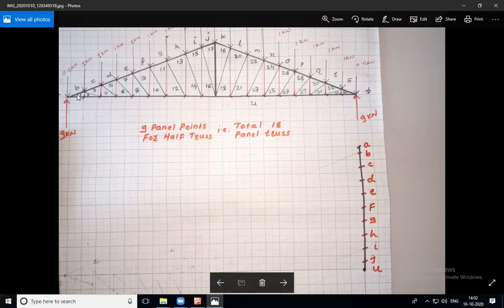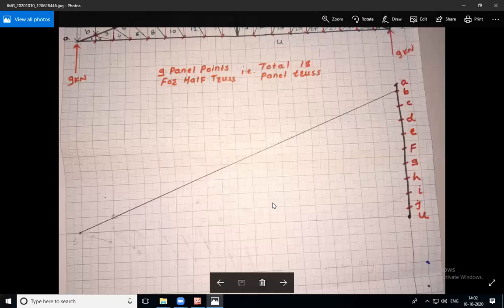After drawing that line, what will happen? You will get one line, and that line will look somewhat like this. See, I have drawn this line from here and reached up to somewhere here. So this line is parallel to this inclined line. Now we have to locate the point 1. We don't know where the location of point 1 is.